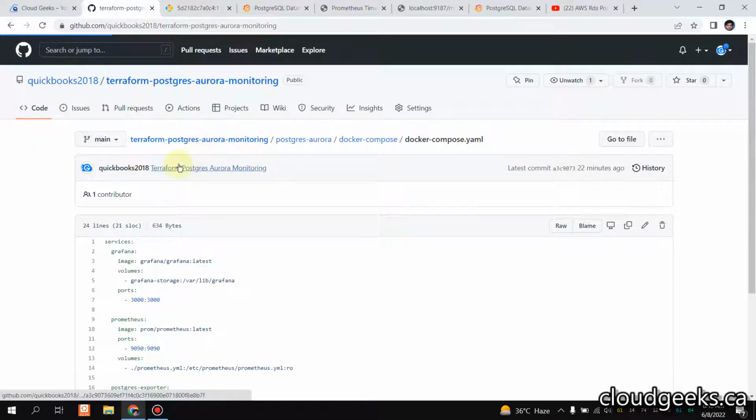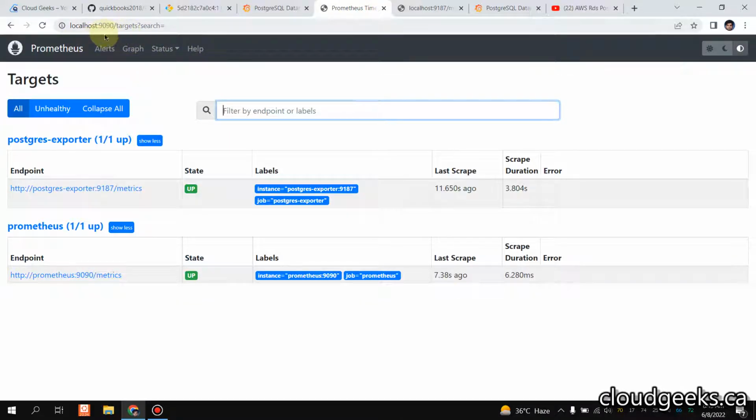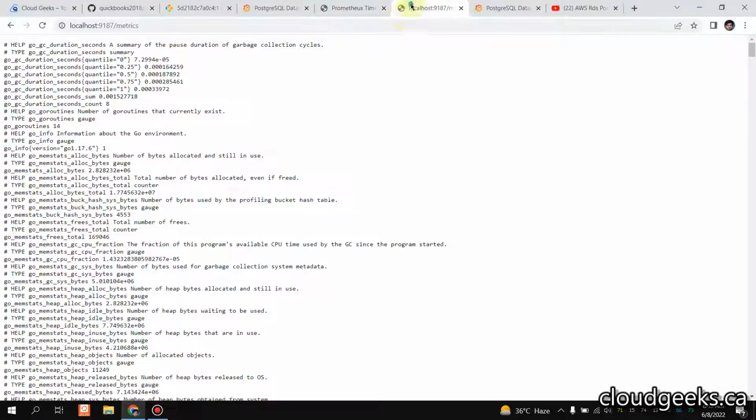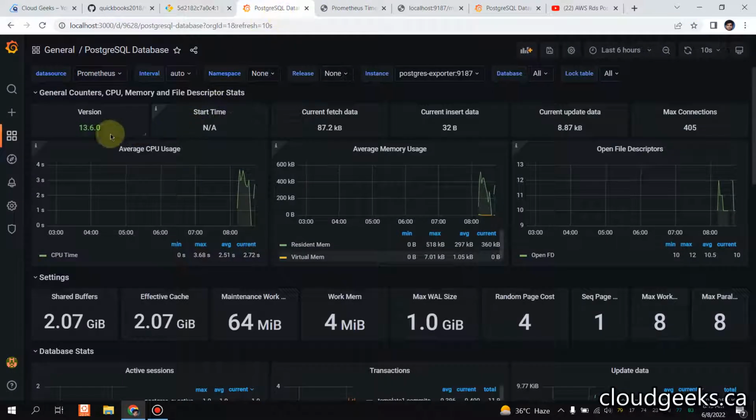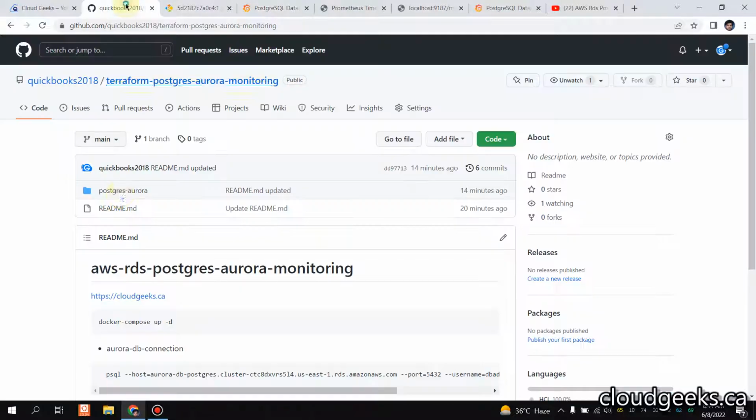So a little description of this: there is a Prometheus running on 1990 and there is a Postgres exporter running on this port 9187. This is the one, and it is connected with our RDS Postgres Aurora, and it is sending the metrics into this localhost 3000. And one thing regarding this monitoring solution, guys, it is not limited to localhost. You can spin up an EC2 machine and simply do docker compose up -d, and the credential area I already showed you in the code